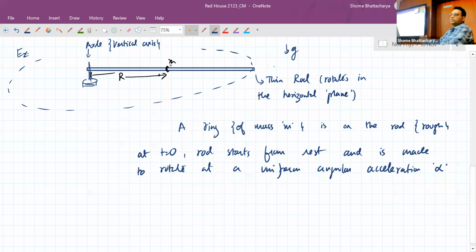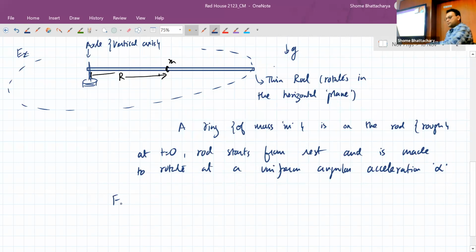And remember, between any two surfaces in contact, there can be two types of contact forces, right? Normal contact force, and in the case of the surface being rough, frictional force. Okay. So assume that the ring does not slip on the rod. There is enough friction to prevent slipping. So we have to find the contact forces once at t equal to 0 when the motion just starts, and then once again at some time t as a function of time.